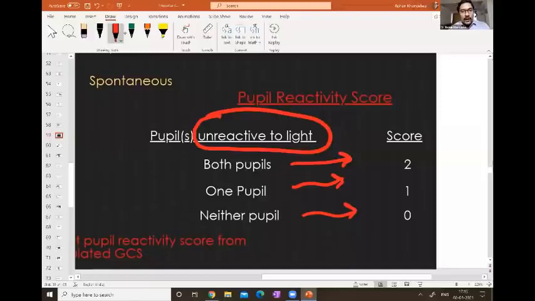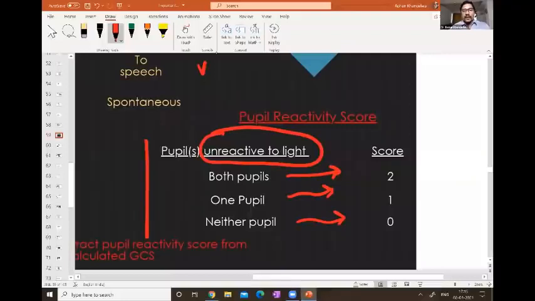Somebody has also asked me, how do we calculate the GCS score for an intubated patient? Earlier, for an intubated patient, it was written as VT and VT was given a score of 1. But now we write it as NT, or non-testable. That's correct. Excellent. VT is not 0. VT initially was given a score of 1. Now we write it as NT or non-testable.